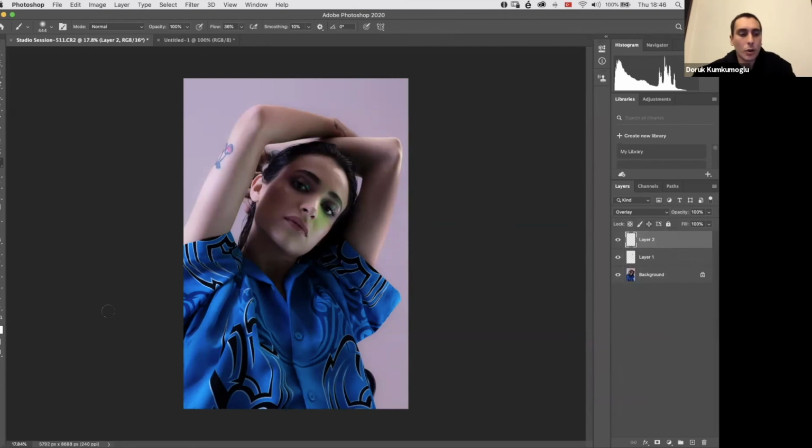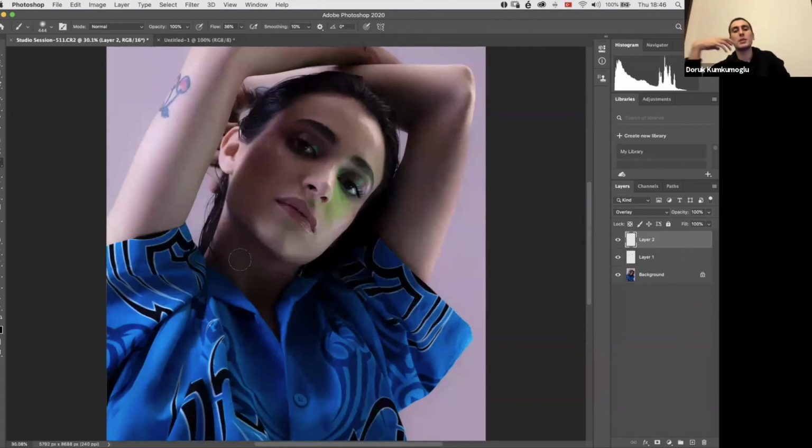Now, if I'm under overlay and if I select a white color and go to my brush, if I brush it in, it will make that spot brighter. If I select black as my brush color, if I go in, it will make it much darker. So I take white and I want to brighten up the face